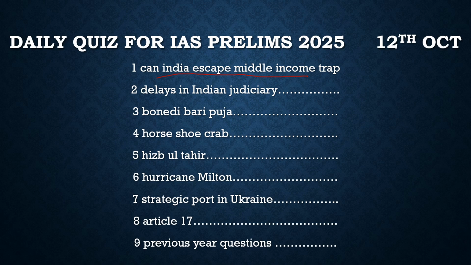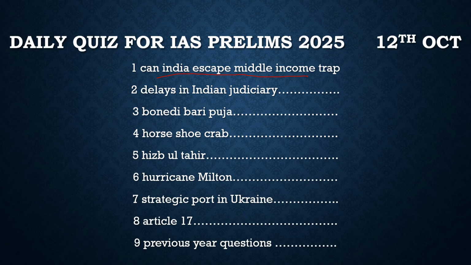So this is what the article author tries to say, that we should invite more private sector into innovation. We should invest more in it, and with the help of this private sector, we can definitely get out of this middle income trap. So with respect to this, I think this is the proper context of this news article which was in the newspaper yesterday. And by discussing this, I hope you have got the basic idea, and in the next slide we will try to solve the questions.